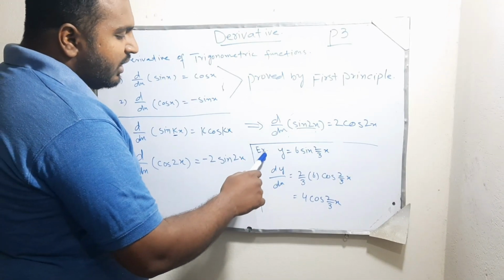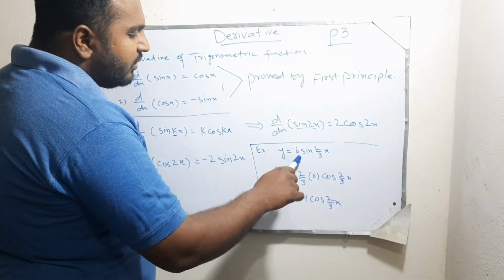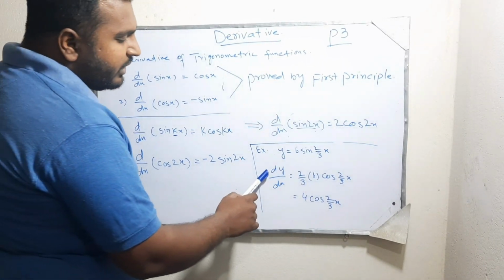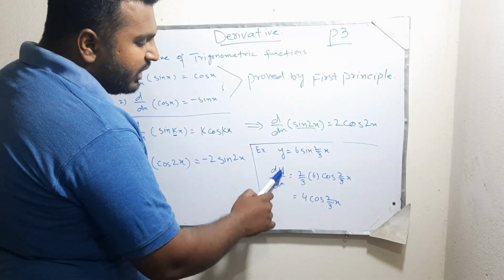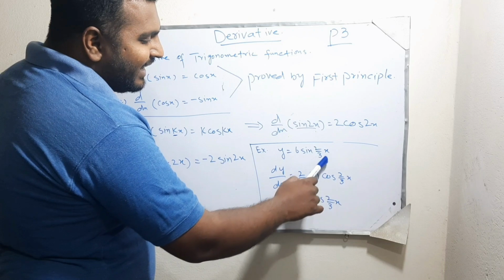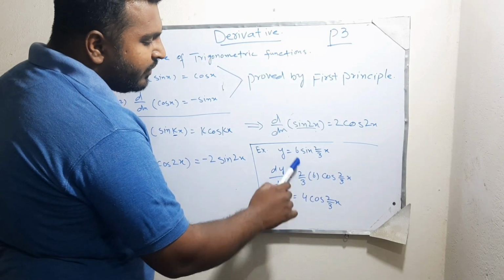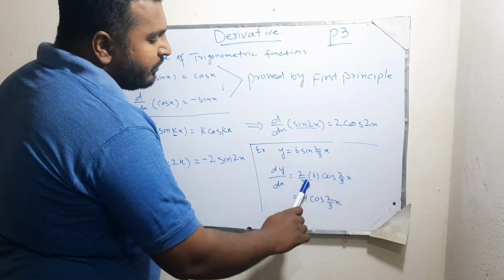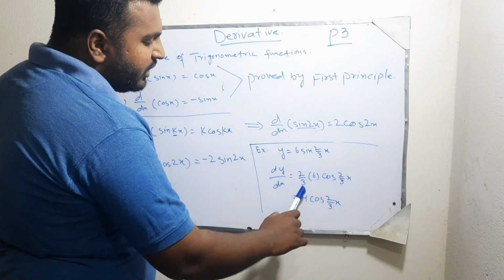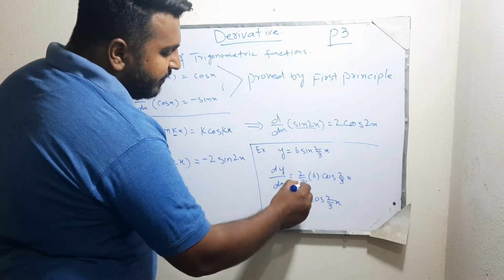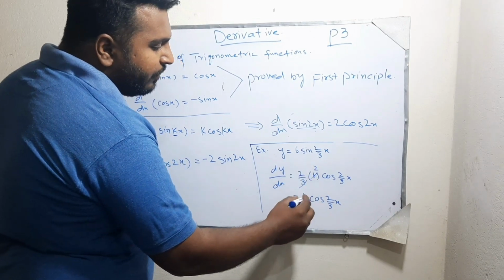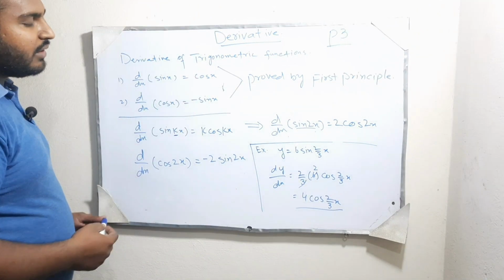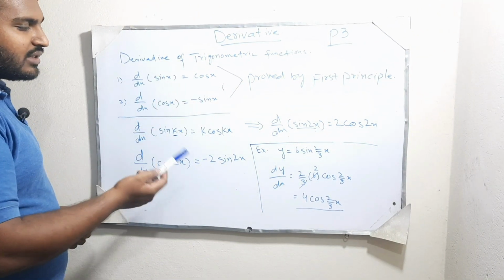Now we take an example from the exercise. y is equal to 6 sin 2 over 3 x. Now we will differentiate here. It will become dy over dx. We have taken d over dx, the derivative. This k, 2 over 3, will multiply here. This 6 is already here. Sin 2 over 3 x would become cos 2 over 3 x, and 3 and 6 would cancel out. Here it will become 3 1s are 3, 3 2s are 6, 2 2s are 4. This would become our answer. That was the derivative of trigonometric functions of sin x and cos x like terms.